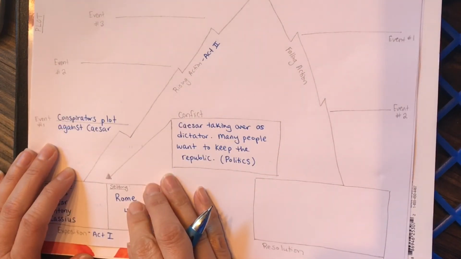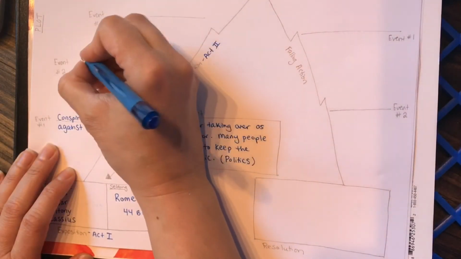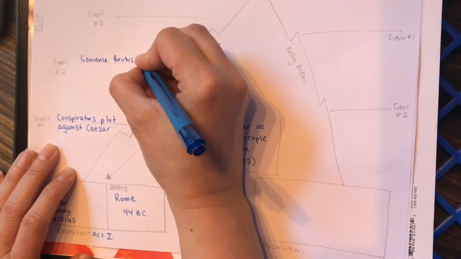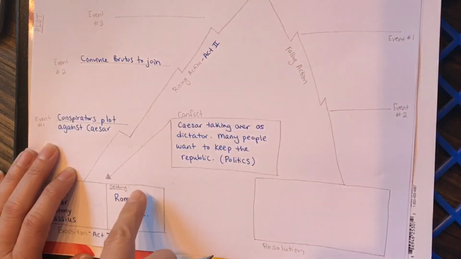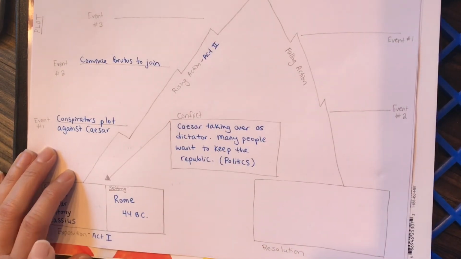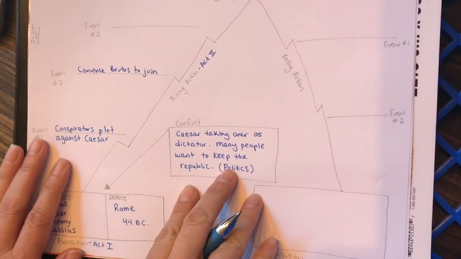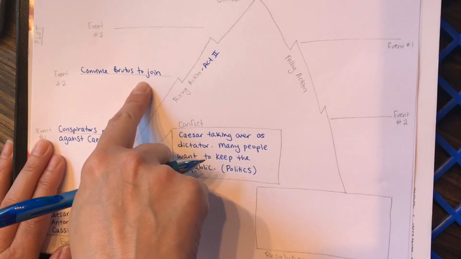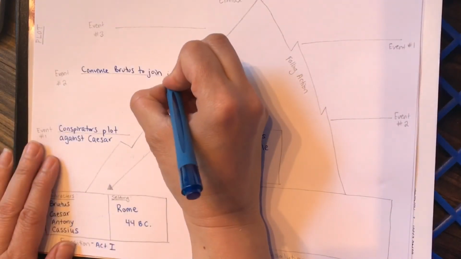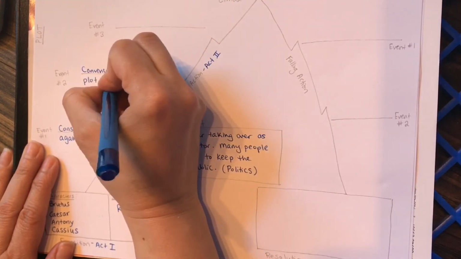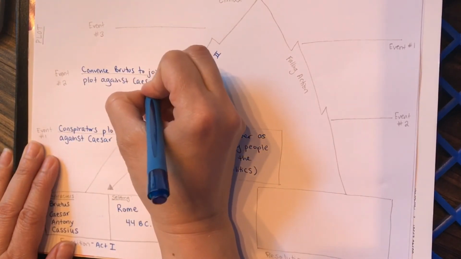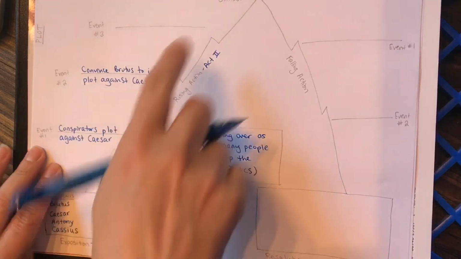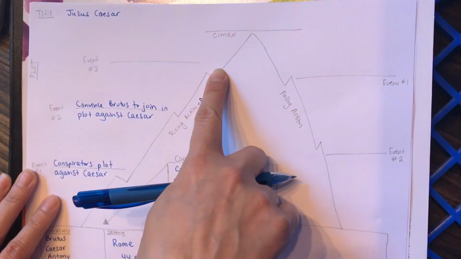And then they try to convince Brutus to join them, because they think if Brutus joins in their conspiracy, then it gives it legitimacy and they're no longer looked at as the bad guys, but they're doing this on behalf of Rome. So they convince Brutus to join in the plot against Caesar. And then we're gonna continue reading before we add any more events, but our climax is going to be